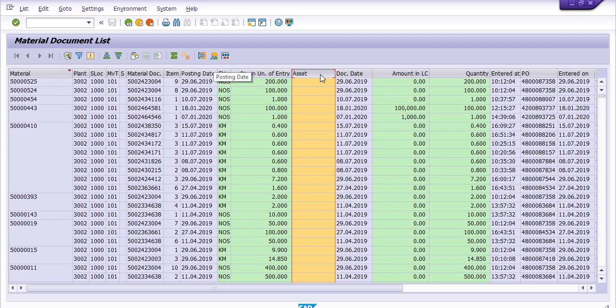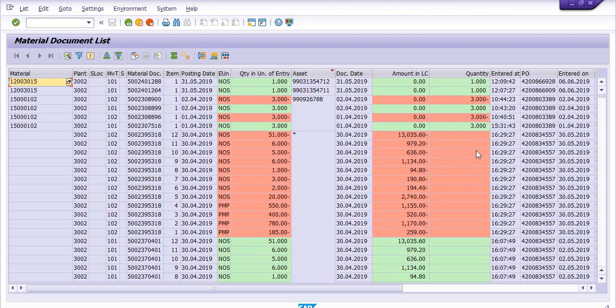You need to identify some assets. For example, select the asset column and see these three assets.